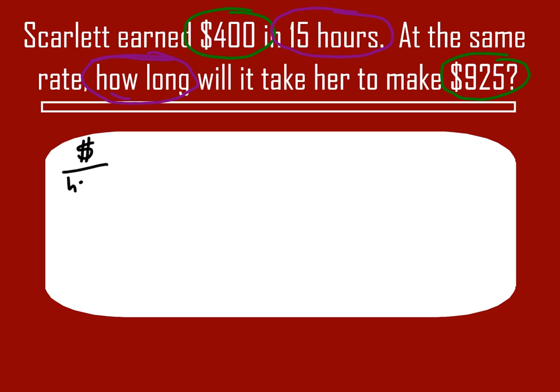So the first situation, it's going to be like so. I have 400 over that 15 hours. Money has to go on top, so the 925 has to go here. And then I don't know how long that's going to take, so I'm just going to put H for hours. All I have to do now is cross multiply. So I have 400 times H. It's going to be 400H